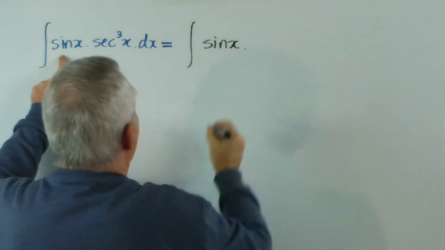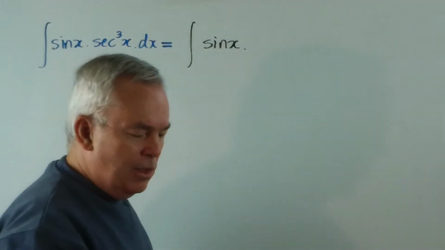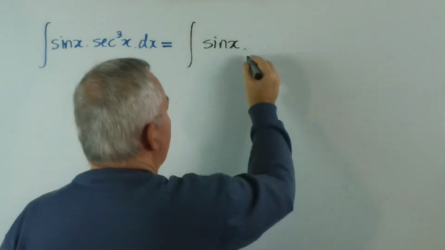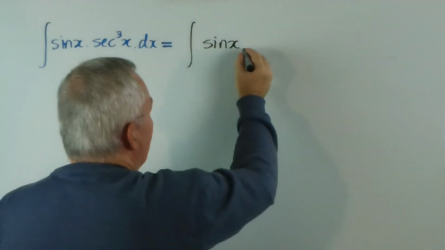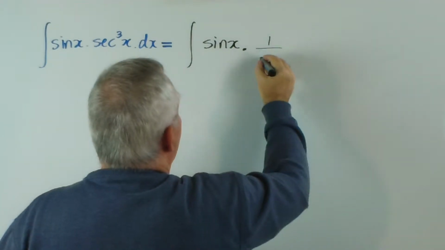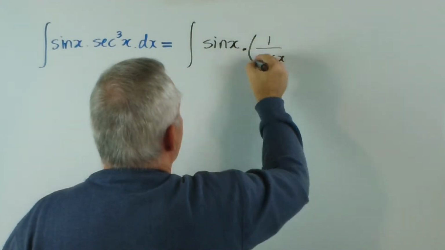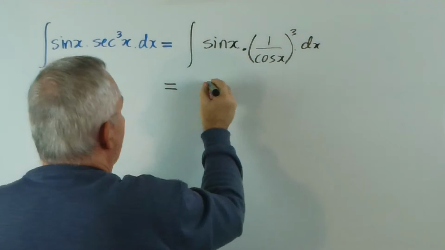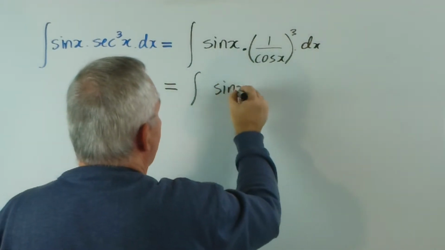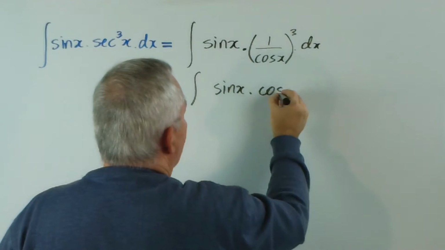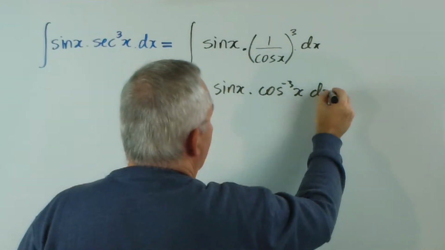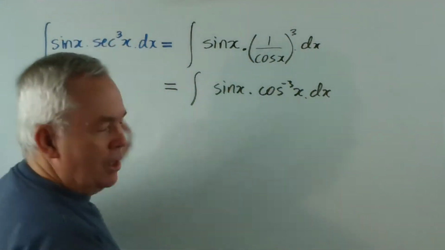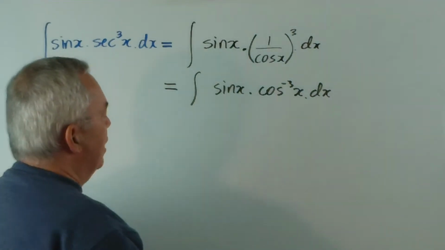Copy the sign. And since the secant of x is 1 over cos, I will do it in two steps because I'm not sure just how happy you are about doing it all in one. So this will be 1 over cos x cubed dx, which would be the integral of sin x times cos to the negative 3 x dx. So that smart little move, seeing that secant is a reciprocal of cosine,